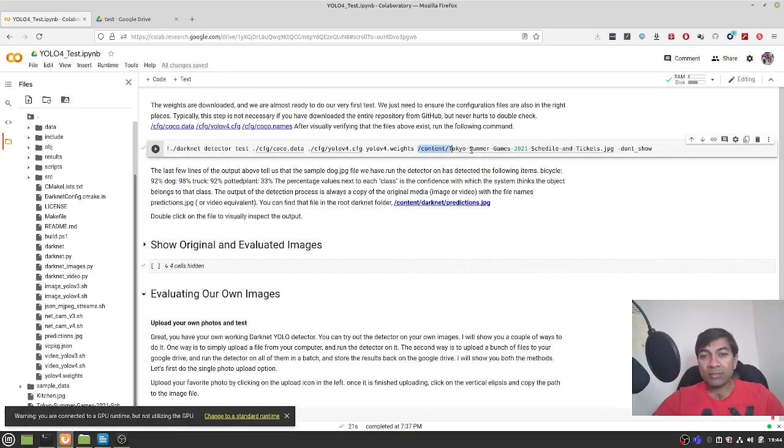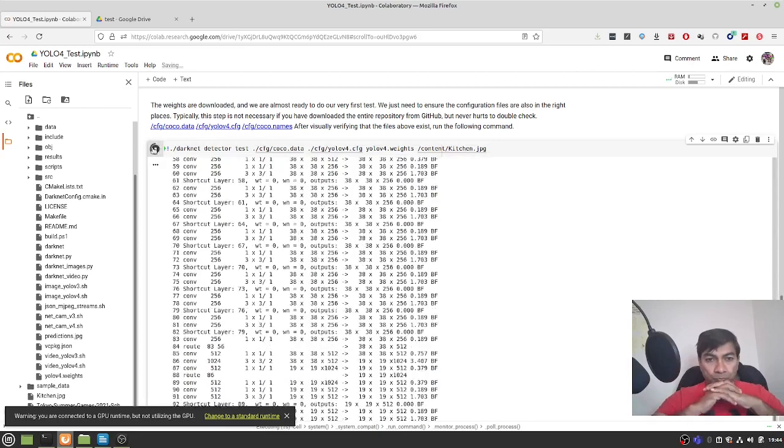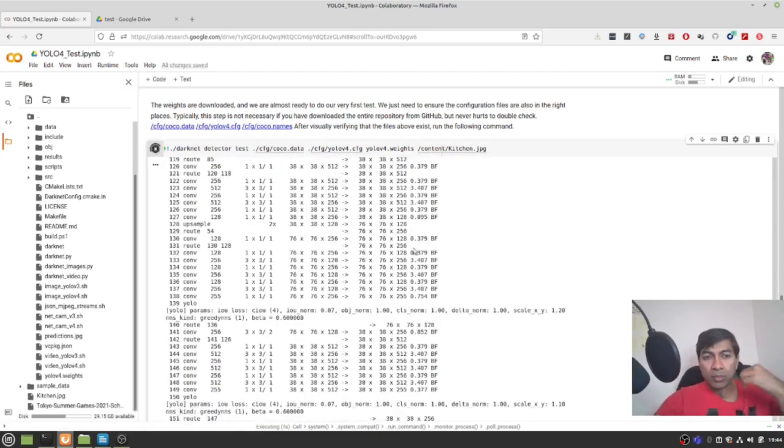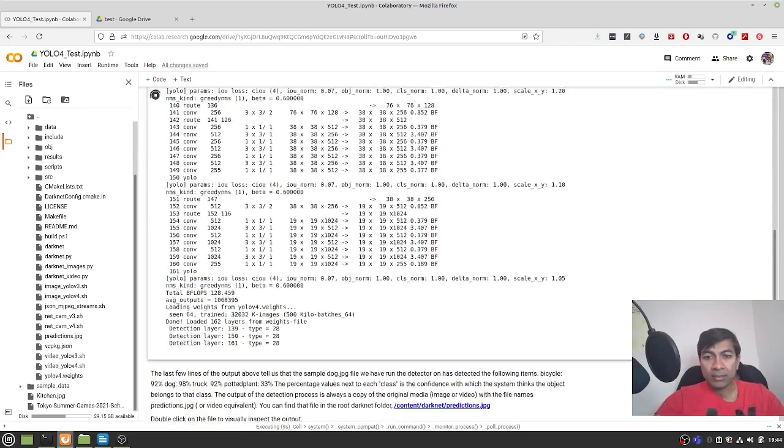So let's replace this file with the one that we want to test, and then let's remove this -dont_show directive as well, because otherwise it uses OpenCV and shows us the results. And then let's run this. There you go. So you can see in real time that the model is processing this image file, and then